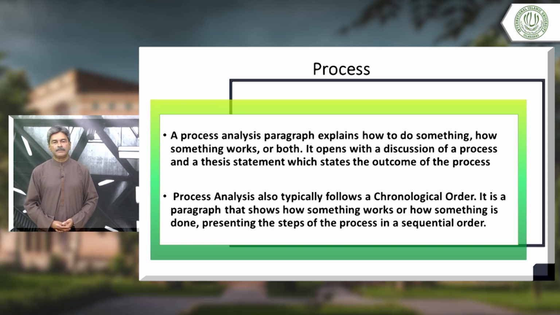Process analysis also typically follows a chronological order, facts as they happen, one after the other. It is a paragraph that shows how something works or how something is done, presenting the steps of the process